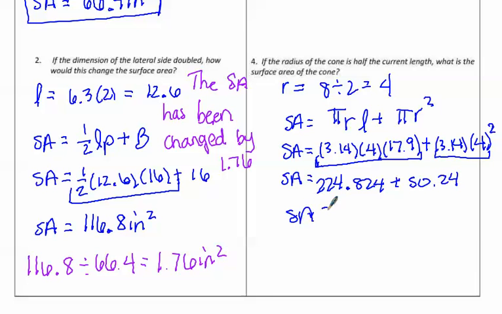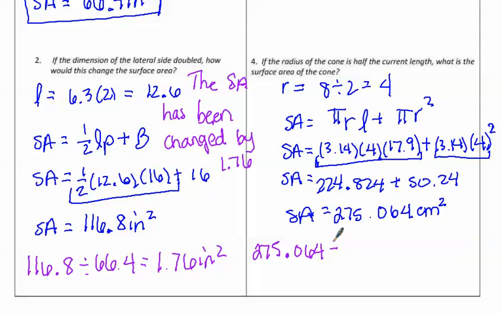When I add these together, I should get a total surface area of 275.064 centimeters squared. To find how much it has changed, you want to take the new surface area,